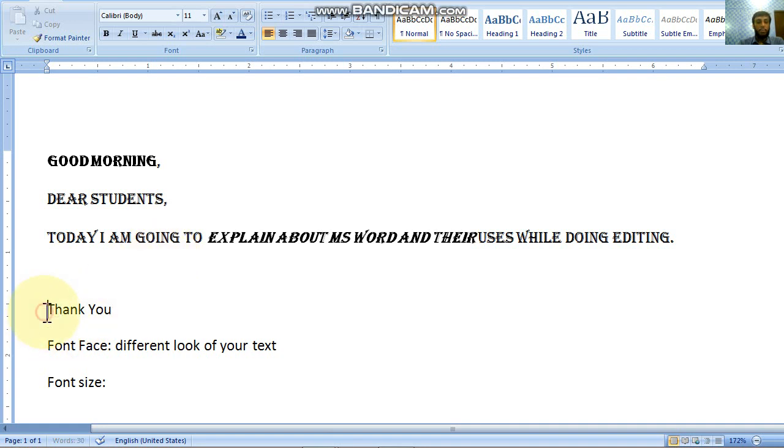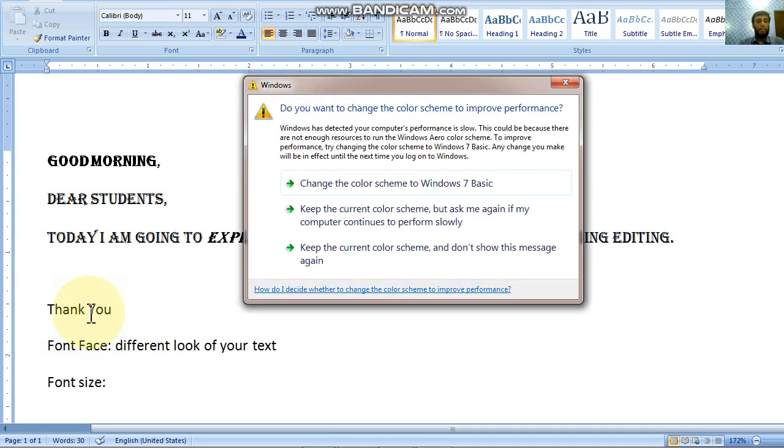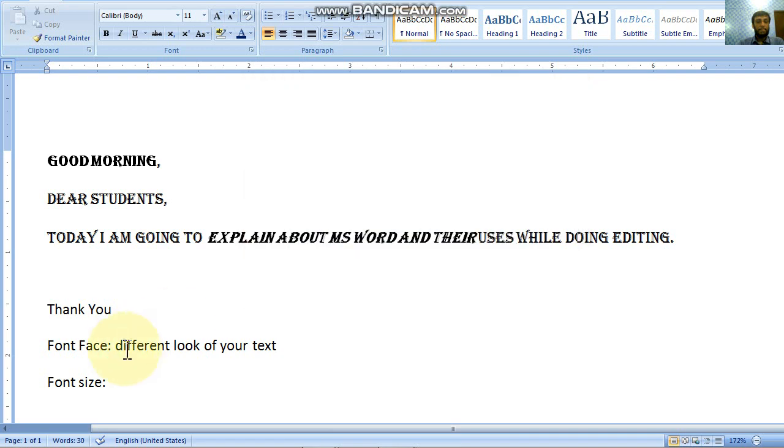So you need to point your cursor at the position from where you want to select. So I want to select "U" only. So I am just pointing my cursor before U, and then I am pressing the shift key from the keyboard, and then I am coming to the right side of U and clicking over here, and then U is selected.